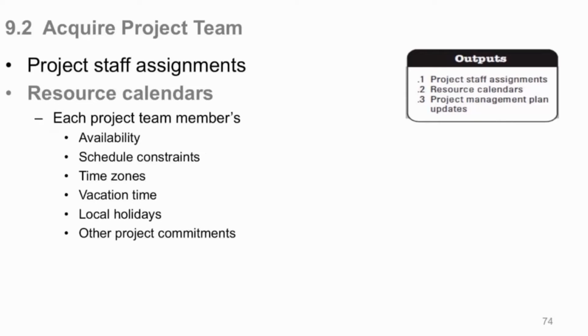Each project team member needs to have in the resource calendar their availability, their schedule constraints, what time zones they're in. That'll make a big difference. Of course, vacation time when they're not going to be working on your project. Local holidays, and if it's a virtual team, you may have different holidays. Europe especially has, from our point of view, some really strange holidays where they just go for a week. So you need to know all these things so you can properly schedule your work. And there may be other project commitments that they have that are on this